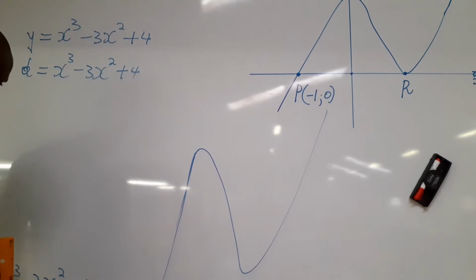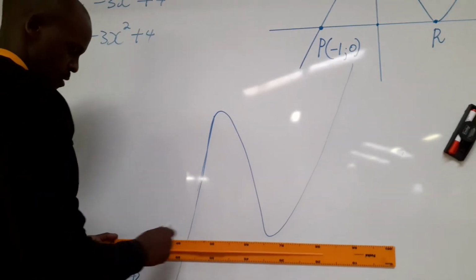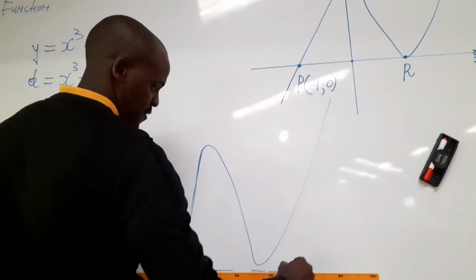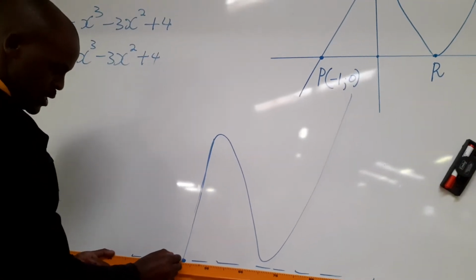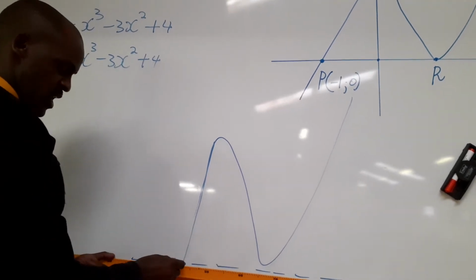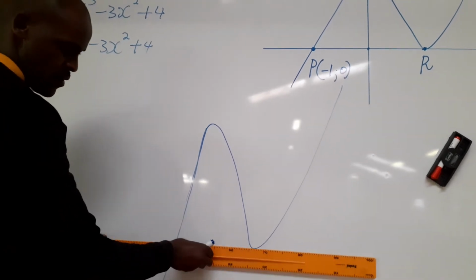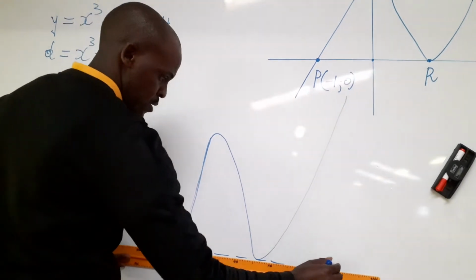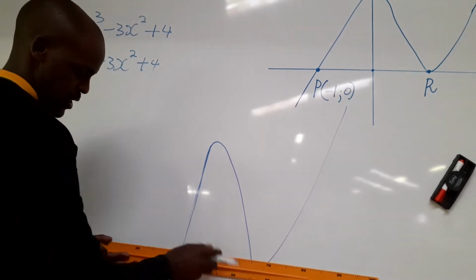Remember this? Here, there is only one root here. Remember, the roots are the values of x. So, at this point, it's where our horizontal line will cut our graph. So, we've got only one root here. When you go up to the turning point there are two. But once you pass the turning point here,